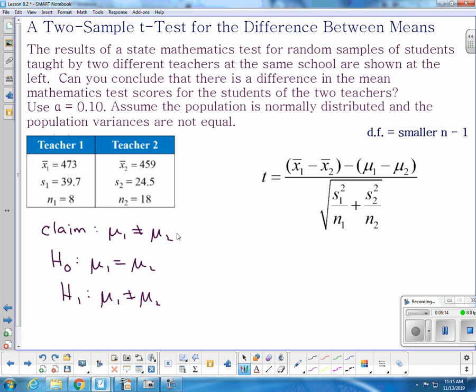And our degree of freedom, which sample size is smaller, 8 or 18? 8. So we're going to go to the T-chart, look at 0.1 for a two-tail test, and you go down to 7. And I get 1.895. So our critical value